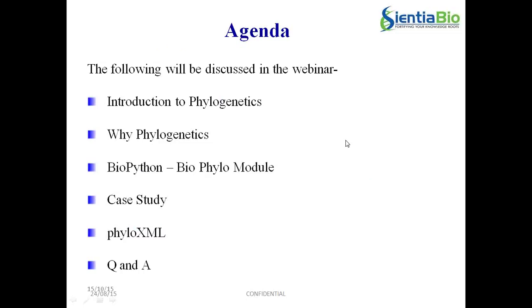Today's agenda would be we would be discussing what is phylogenetics, why phylogenetics, a module called Biopython, a module called Bio.Phylo from the Biopython programming language. We will have generic case studies. We will also have a look at PhyloXML, and in the end the session would be open for questions